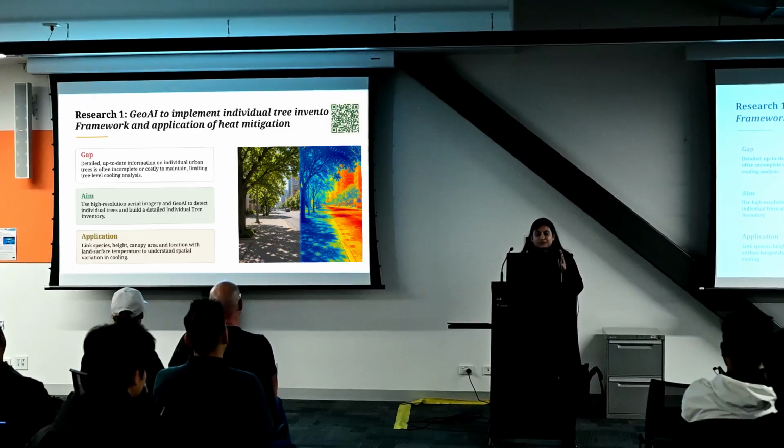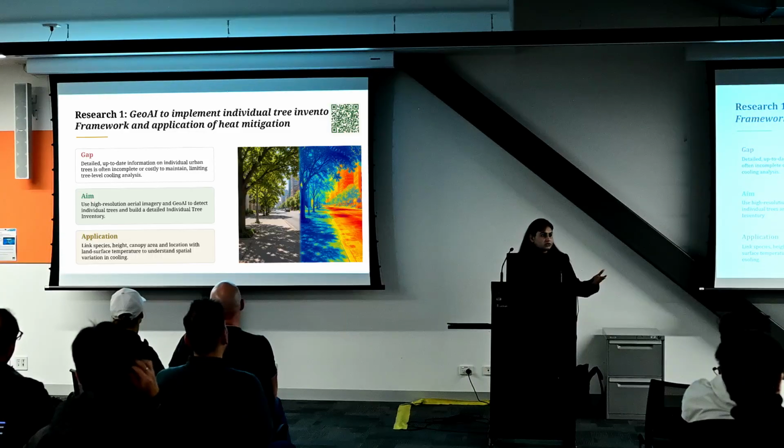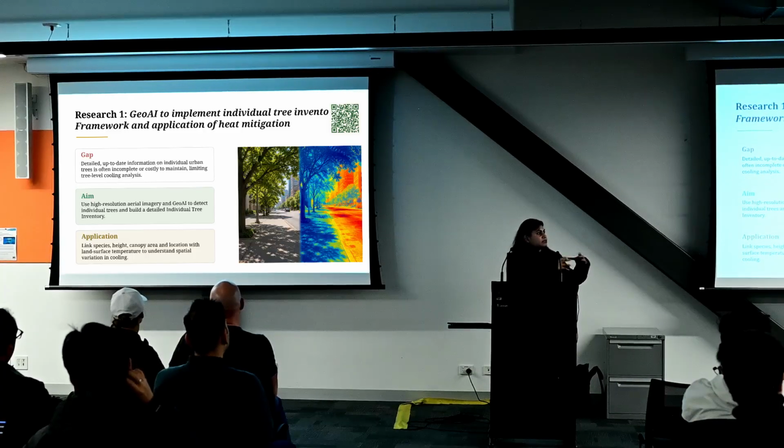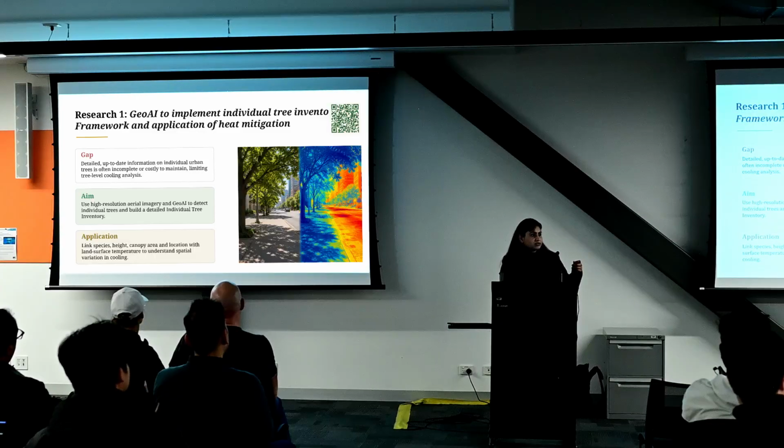So here, what I was doing, I was working as a research associate, and I found that for urban cooling, we didn't really have the tree-level data set that is needed to understand how trees are contributing to the cooling. That is because governments and planners go to the sites to do fieldwork and gather information about trees. Think about how difficult it is.